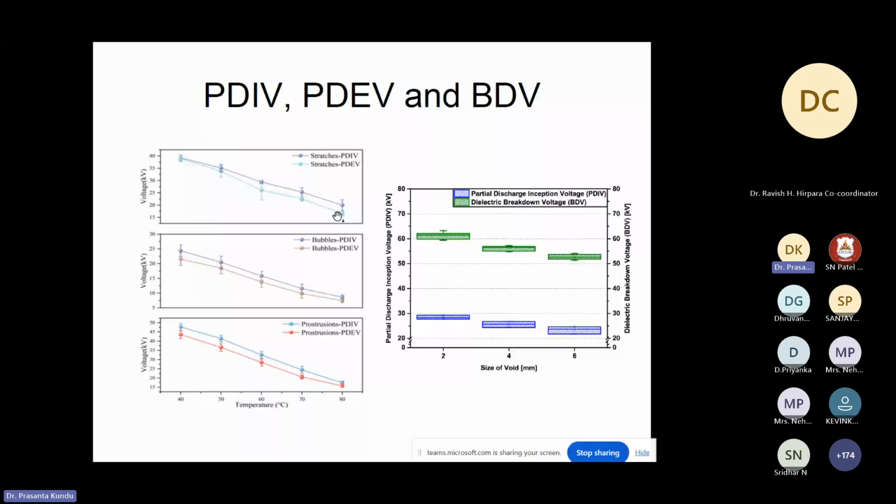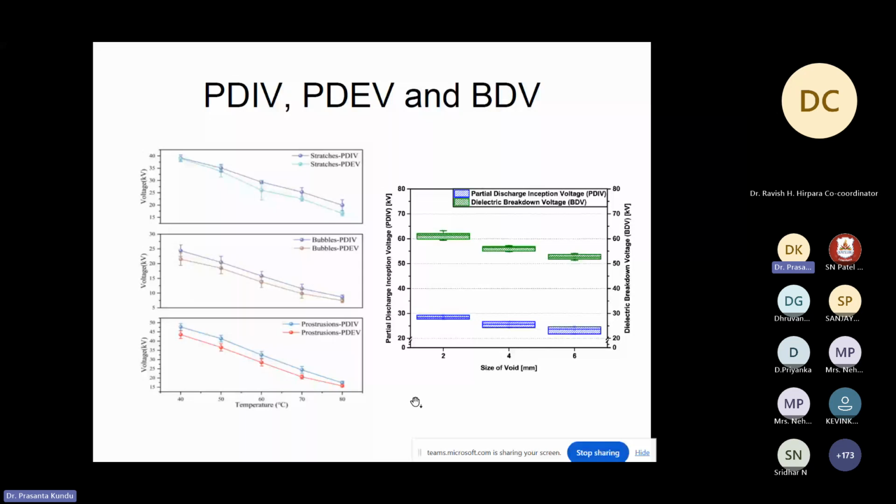So, breakdown voltage and partial discharge. Partial discharge will occur at much lower voltages compared to the breakdown voltage of that particular insulating material. So here is a comparison of the different void cases. If the void is significantly smaller, then BDV and PDIV will be higher. If the void is significantly larger, then we will have a lower BDV, and PDIV is also lower. Temperature-wise, it is going to vary. At a higher operating temperature, in the case of a cable around 60 to 80 degrees Celsius, you can have a change in the PD inception voltage.